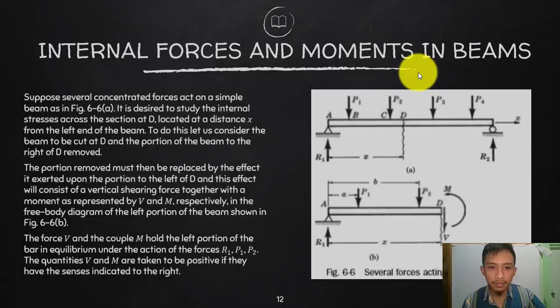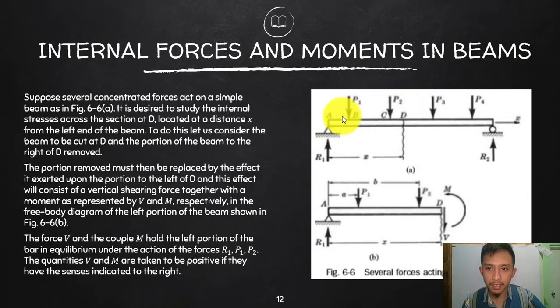So in this example, in this figure, look at this. We have a beam which is loaded by 4 concentrated loads P1, P2, P3, and P4, and that is supported at A and at the other end by simple supports. There is of course a simple solution to solve the reactions, using your equilibrium. So once you have the reactions, then we can analyze the beam itself, the internal forces and